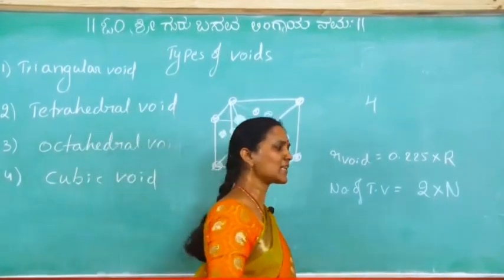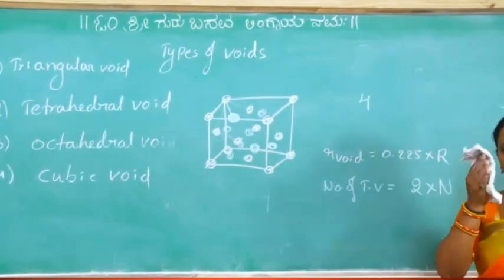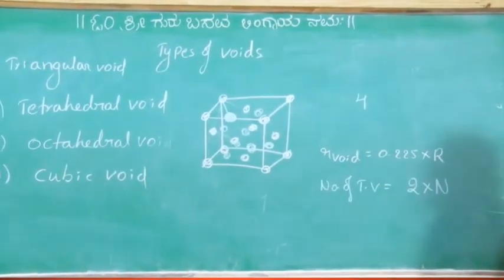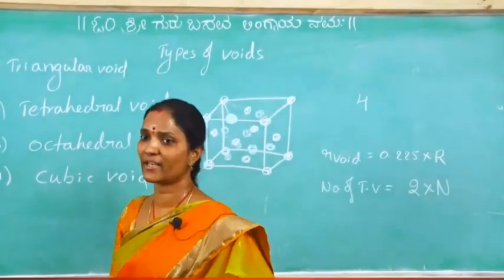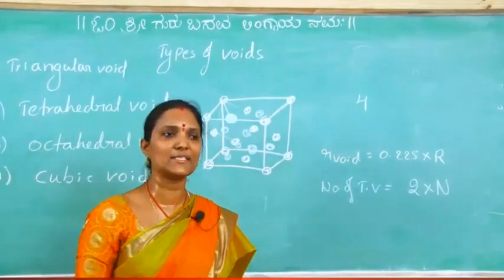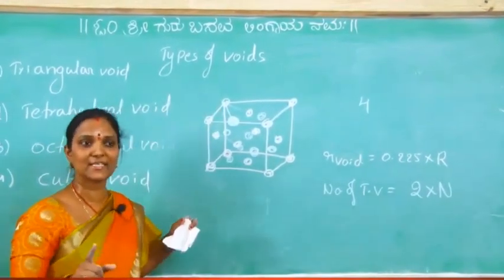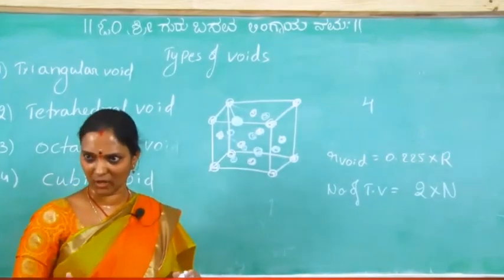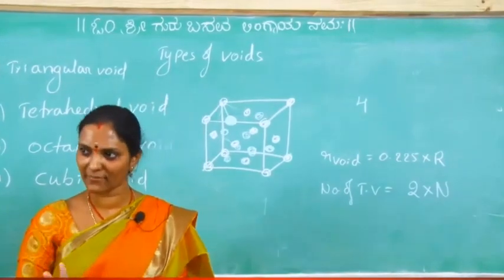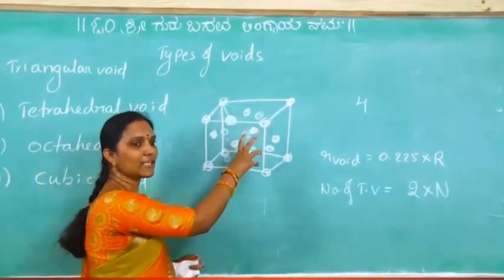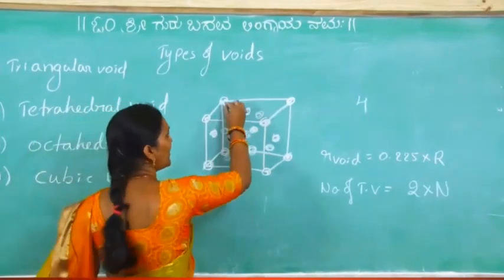All inside or outside or any sharing? All the tetrahedral voids are inside the cube only. No sharing. So in FCC how many tetrahedral voids are there? The answer is 8 tetrahedral voids. All tetrahedral voids are inside the cube. Is this clear? The distance is 1/4 from the corner, and each body diagonal has 2 tetrahedral voids, so in total 8 tetrahedral voids are there. Okay, now body diagonal.